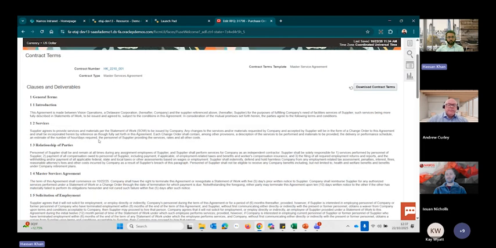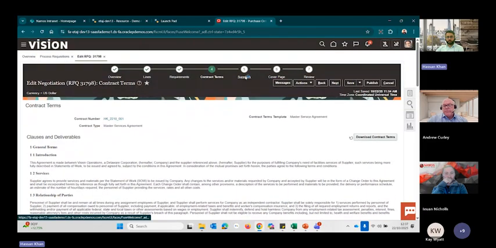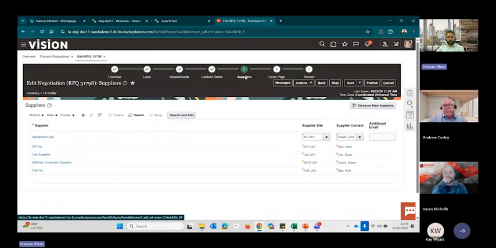So you can see all of these different terms from my terms library, which for this contract has defaulted now, which will go to suppliers. And then moving on to list of suppliers. These are the suppliers that I'm inviting currently to participate in my negotiation. These are defaulted again based on my template, but this is where we can utilize SQM as well